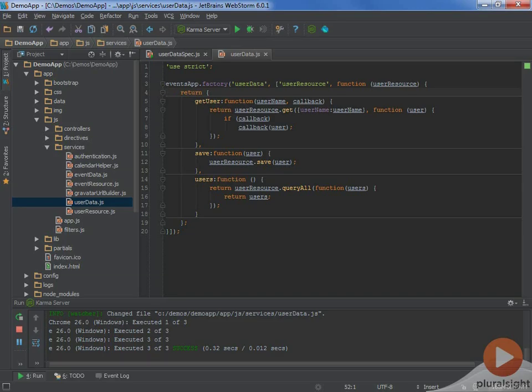Now that we've seen how to test simple services, let's learn how to test a slightly more complex service. This service, the user data service, has one dependency, the user resource service. It has three functions, getUser, save, and users, and each of those utilizes user resource. So in order to learn how to test a service like this, let's write some tests for getUser and for